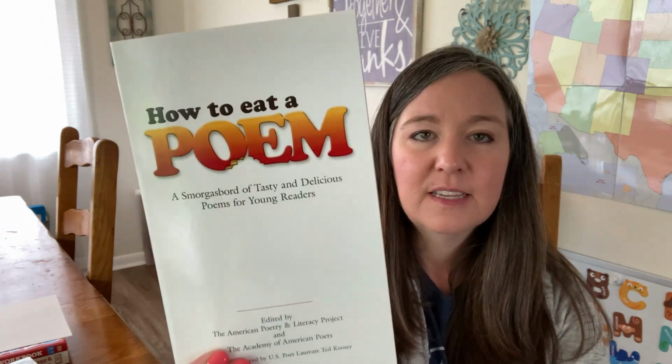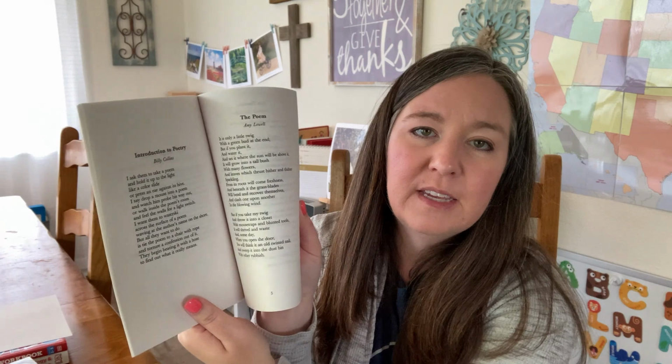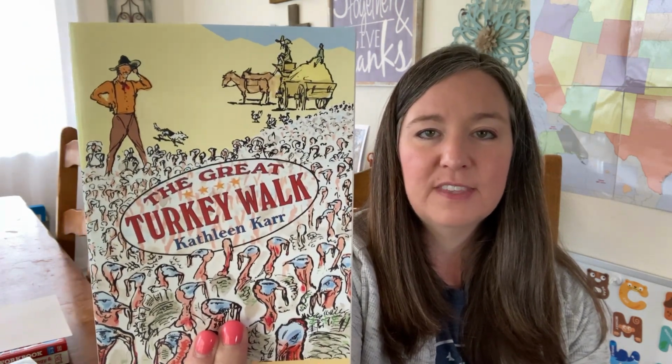So now I'm going to start into the read-alouds that we will be using. The first one is How to Eat a Poem. And this book just has one poem per page. And you read this book about 2 days per week. So the rest of the read alouds will be Caddy Woodlawn, Across 5 Aprils, The Great Turkey Walk, which we actually already read this year,